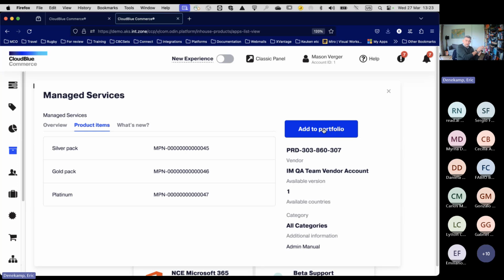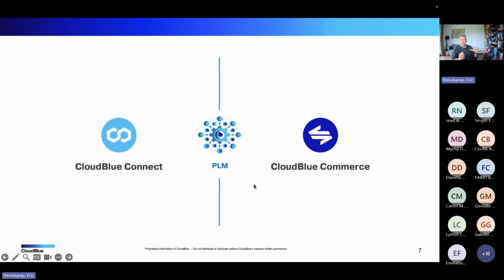Whether it's automated on Connect or whether it's manual on Connect, this is decided by the vendor itself. So that is a quick walkthrough of the integration that we have.